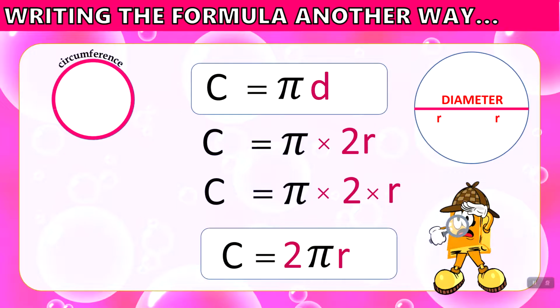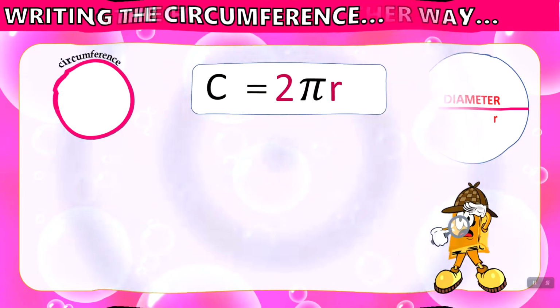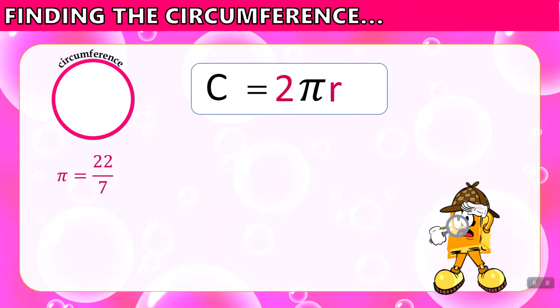And so we have another formula. Instead of C equals pi d, when we're given the diameter in the equation, if we're given the radius in the equation, we can use C equals 2 pi r. So let's take a look at an example with this. If we are given pi as 22/7, and the radius in this circle is 7 millimeters,